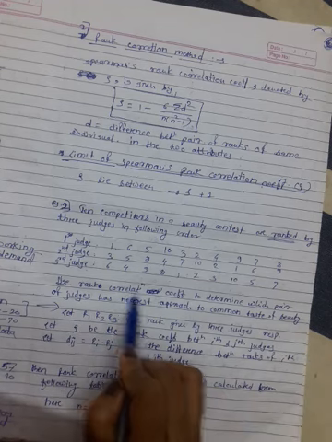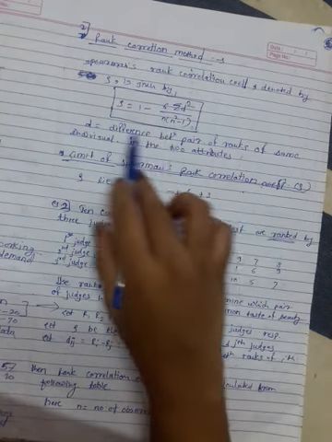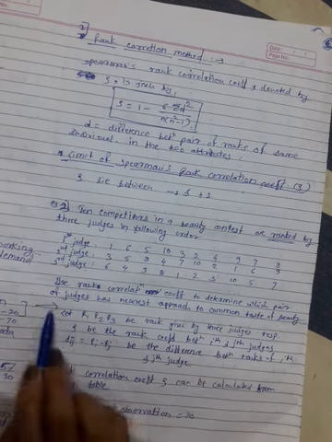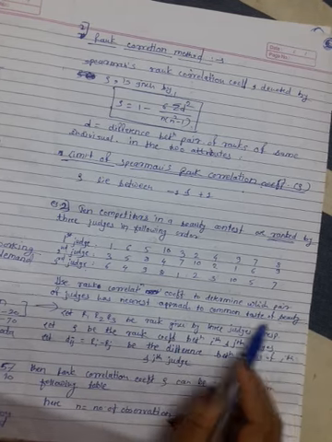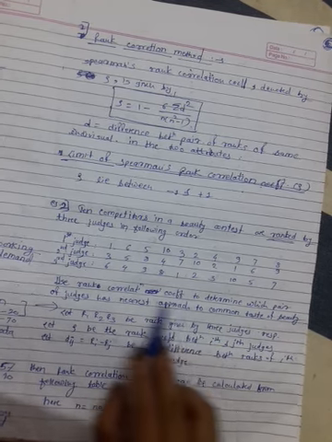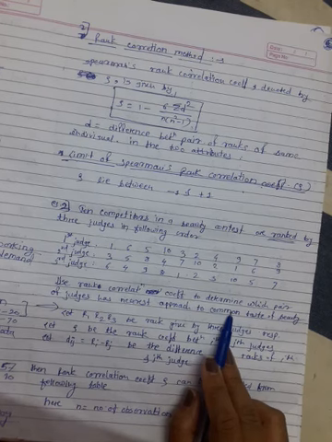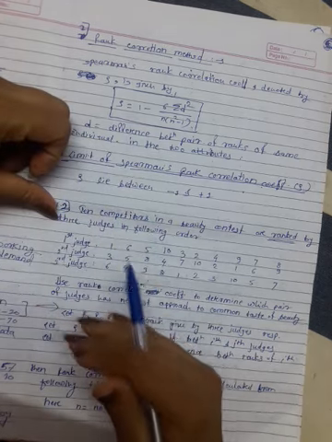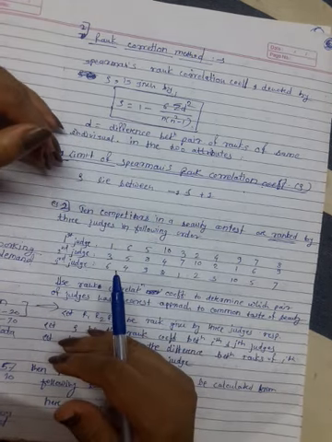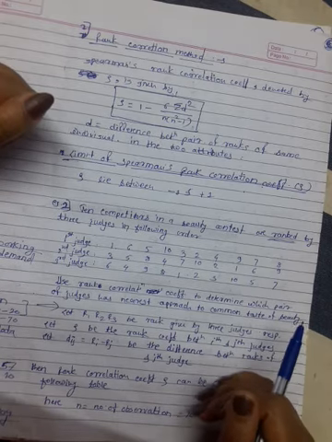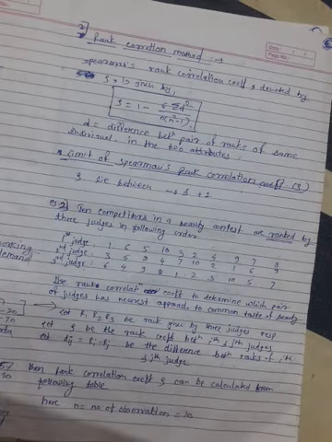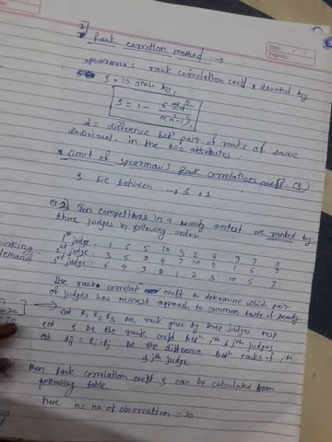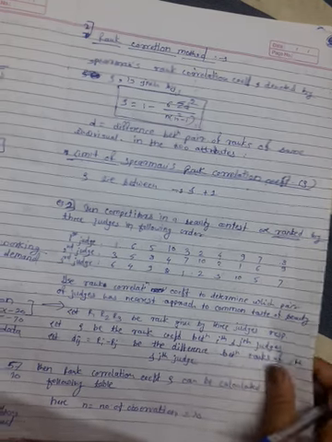What we have to use is the rank correlation coefficient. This formula we have to use to determine which pair of judges has the nearest approach to a common taste of beauty. What we have to comment from our answers is which two judges have equal taste of beauty, meaning equal marks. By observing all these marks we cannot guess; actually, we can't at all guess the common taste of beauty.